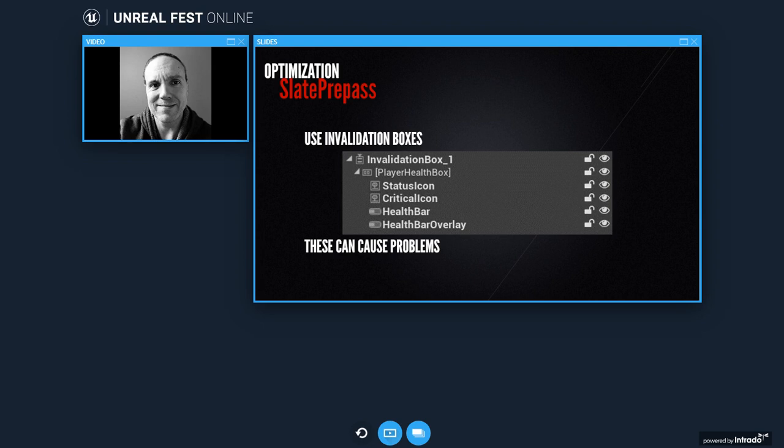In some cases, invalidation boxes do not invalidate automatically. So this means that sometimes you see layout or animation bugs, which only a coder can resolve. And often I've seen artists just solve this problem simply by deleting the invalidation box, which effectively gets rid of that optimization.